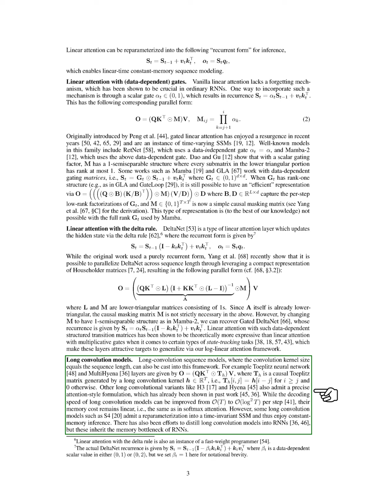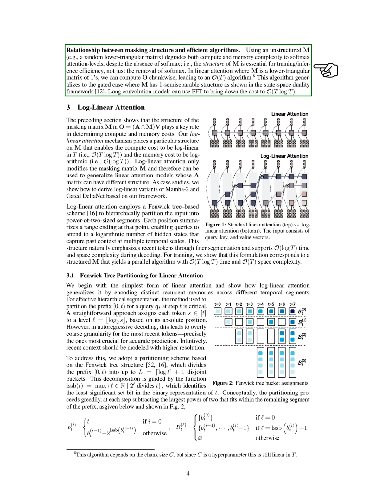We also mention attempts to simplify long convolution models into RNNs, but these still face memory limitations. We highlight the importance of the masking structure in determining computational and memory efficiency. Using an unstructured matrix can lead to performance degradation, making the structure of the masking matrix crucial for efficiency. In linear attention, we can compute in chunks, leading to a more efficient algorithm. Long convolution models can also leverage FFT to reduce costs.